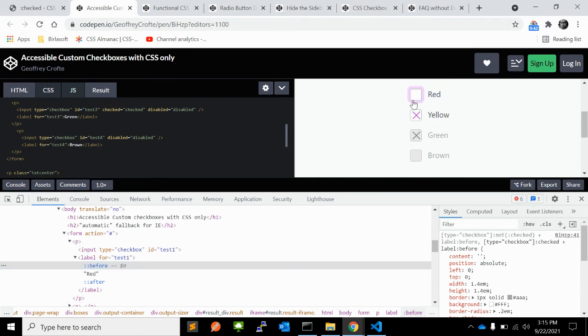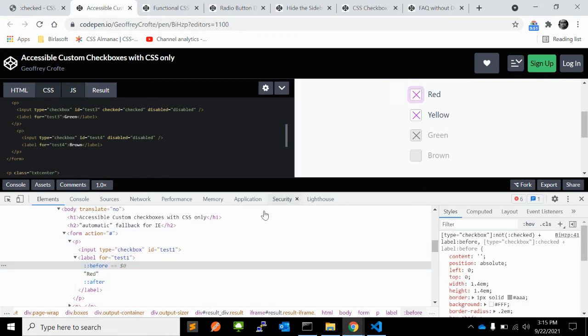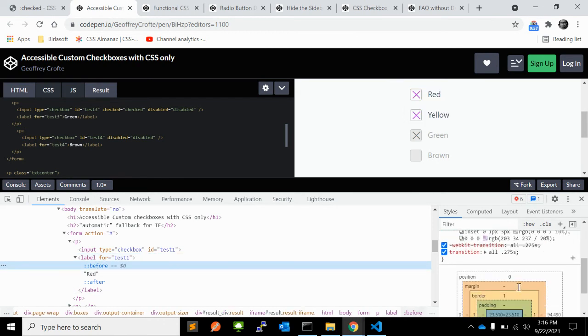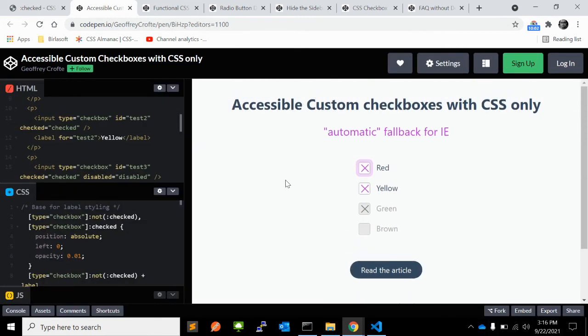So when you click, it is applying the checked state. When it is not checked, it is not applying the checked. But when you click, it is applying the check state, and using the check state you can apply some CSS. So this is another example of checkbox hack.